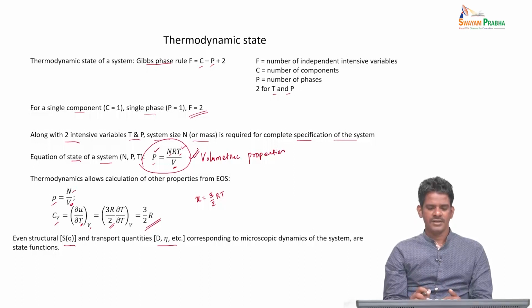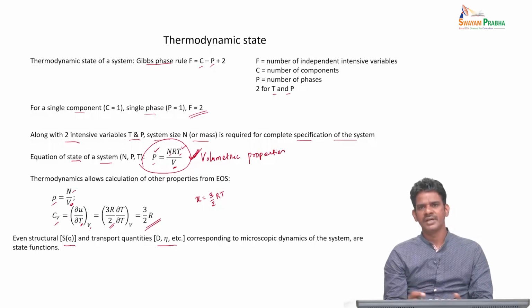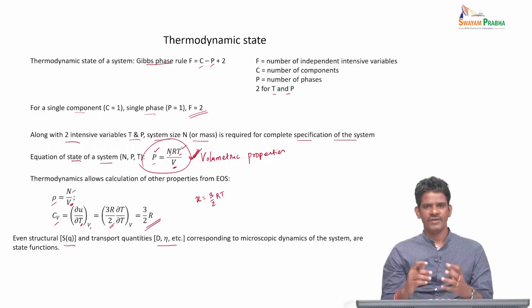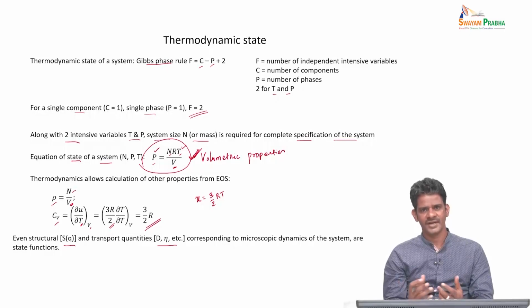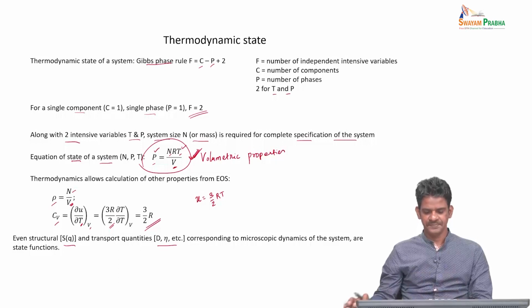But the way computer simulation comes in handy here is by providing a framework by which you can actually calculate this equation of state numerically without resorting to any sort of approximation. So that's where we take a system, we model it using certain kinds of forces and interactions, and then using that we generate a large number of microscopic variables. From there we calculate the volumetric properties, structural and transport properties. So that's how the MD simulation should be looked at.